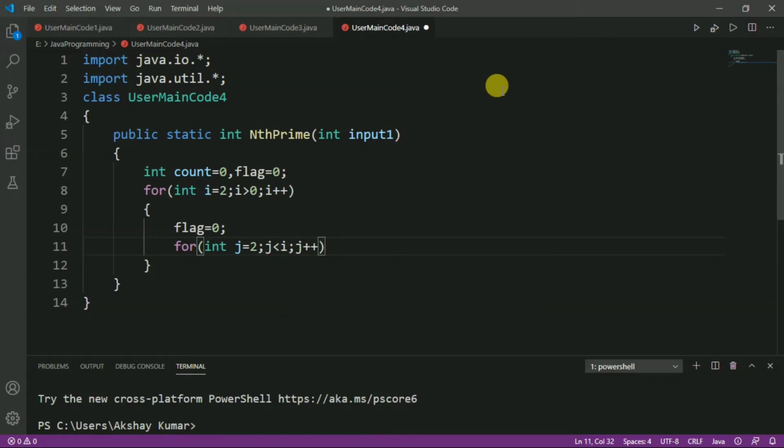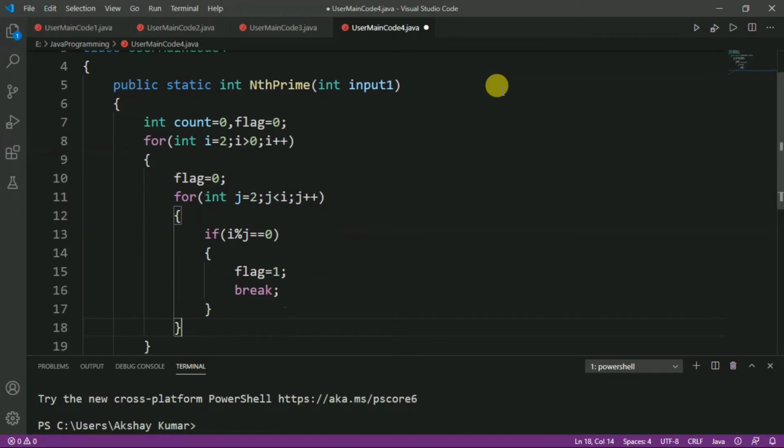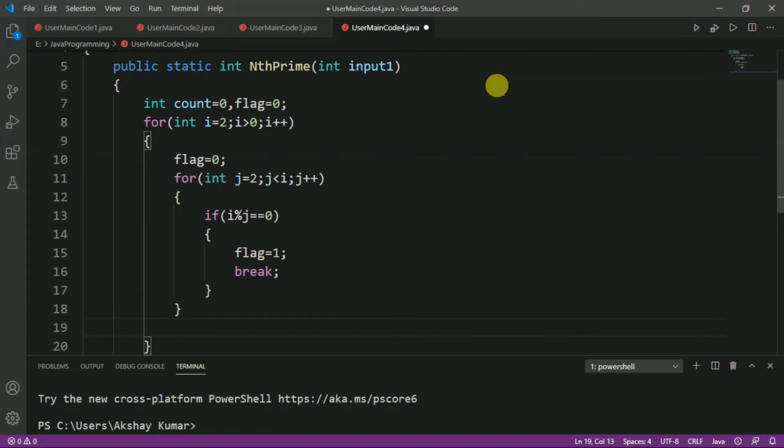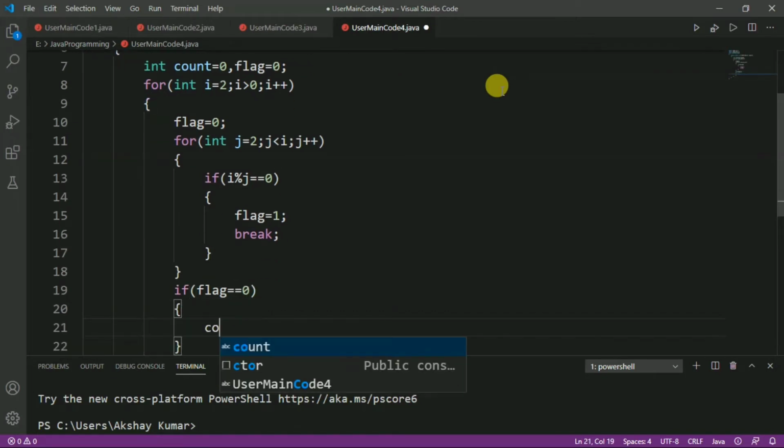Now inside this for loop we will write the condition: if i modulus j is equal to 0, then we will assign the flag value to 1, and we will break. After that, outside this for loop, we will write the condition: if flag equal to 0, then we will increment the count value.